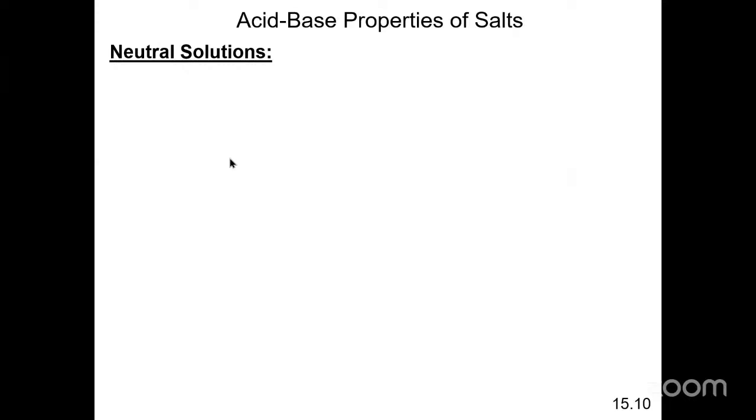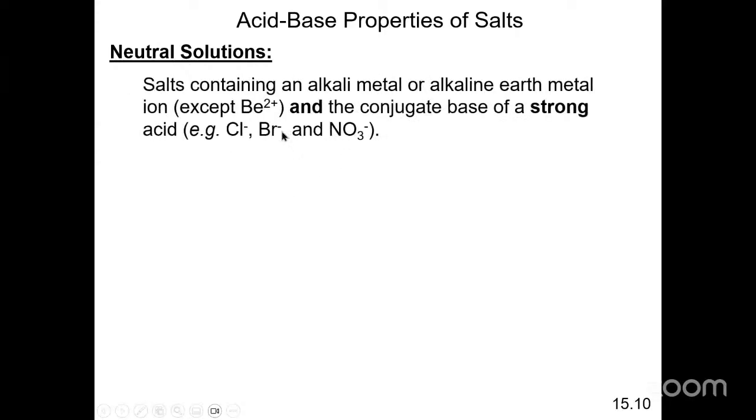So first we're going to talk about the type of salts that will produce a neutral solution, all right? And basically salts which contain an alkaline metal or alkaline earth metal, excepting beryllium 2+, and the conjugate base of a strong acid like chloride, bromide, and nitrate, and so on. So any salt that fits this description here will be neutral in terms of the solution that it forms, all right? And the main reason why,